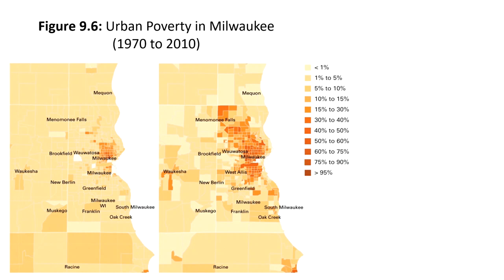These are maps of Milwaukee, Wisconsin on the slide here. On the left is the year 1970. On the right is the year 2010. And as you can see depicted in this graphic here, particular neighborhoods went into steep economic decline in those 40 years between 1970 and 2010. This represents an economic shift that's happening, a structural economic shift that's happening. But what is the connection with the black experience specifically?